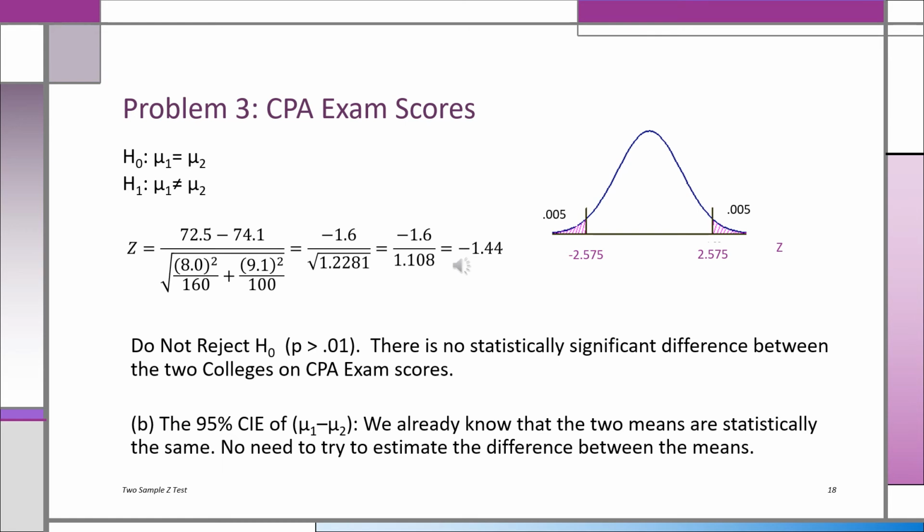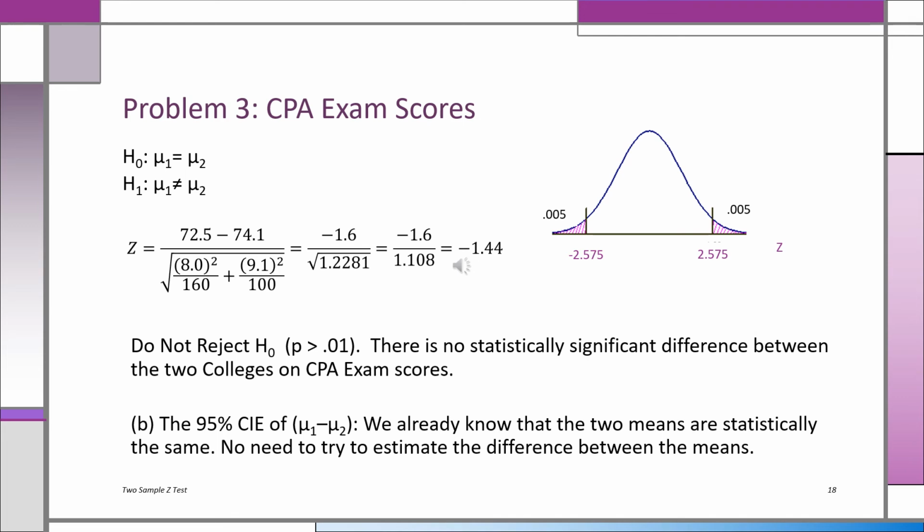Okay, and then we turn the sample evidence into a z-score. We do the difference between the means in the numerator, which is 72.5 minus 74.1, or negative 1.6. And in the denominator, we have the standard error of the difference: the square root of 8.0 squared over 160 plus 9.1 squared over 100. When we finish all the arithmetic, we end up with a z-score of minus 1.44, which is definitely not in